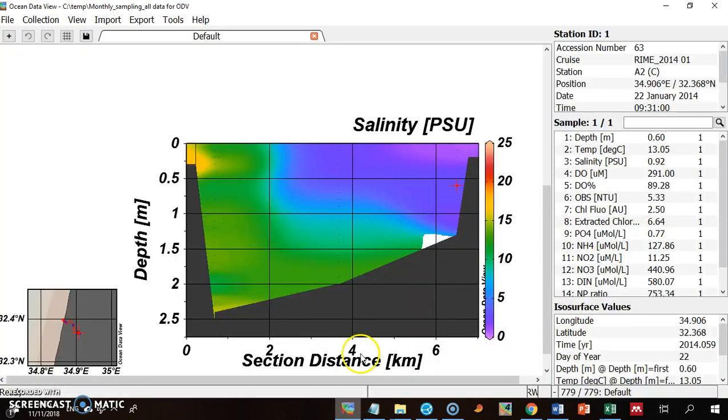So in here, I have an ODV project and it's a classical project. What I have here is a section. In this section, I have the section distance. It's actually an estuary and that's the distance from the coastline. And I have water depth where I sampled the samples and each sample has its salinity. And it's an estuary, so fresh water coming from here and salt water coming from there, water going down, and that's an estuary, typical